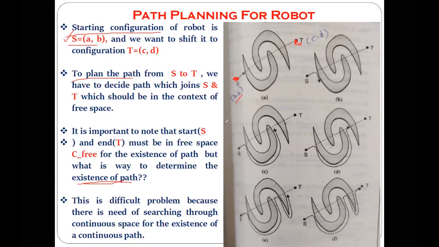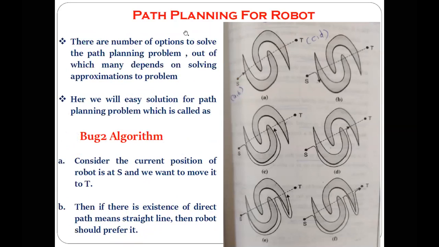So how can it be done? The only way for the robot to do it is searching. Yes or no? Yes, sir. Searching in this particular continuous space for the existence of a continuous path. So the robot can move from point S to T only through searching, searching whatever space is available, so that through the searching it can reach point T. In order to do this kind of searching, how the searching will get done, etc.,